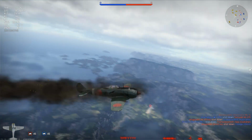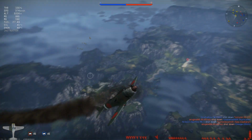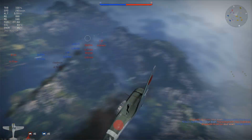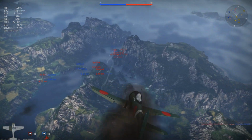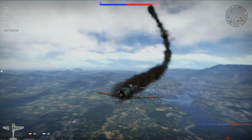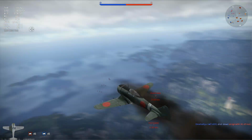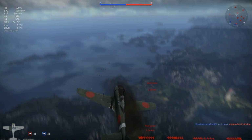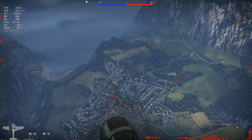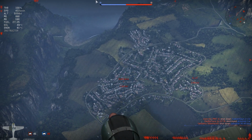Secondly, we want to open fire at a distance to avoid taking damage, as we have already seen with our initial head-on pass for our first kill on that Spitfire Mark 1A. Just a simple clipping of their 7.7mm machine gun rounds against our oil tank was enough to puncture it. And this is exaggerated even further the more damage you take and the more time on target you provide for your opponent. As a result, a 500m gun convergence will allow us to stay away from especially the rearward facing